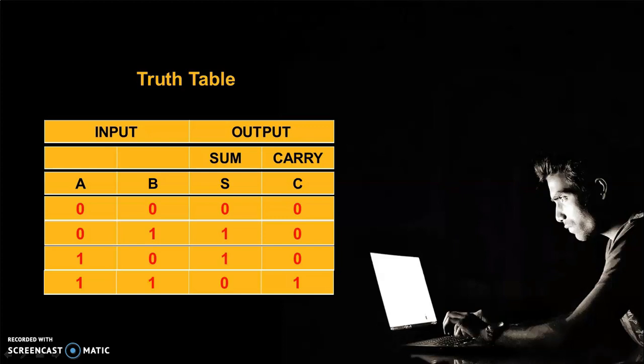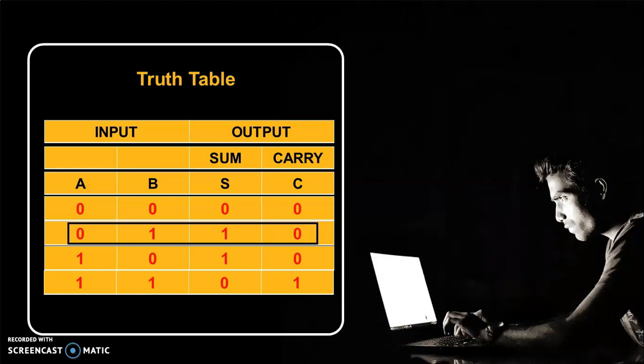Else, in the third stage we have to prepare a K-map from the truth table. Here the truth table is small, we have only two inputs, so we have done the four possible combinations in the truth table. Now we can prepare a Boolean function with the help of the truth table.